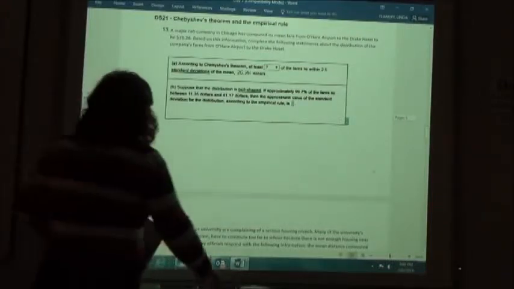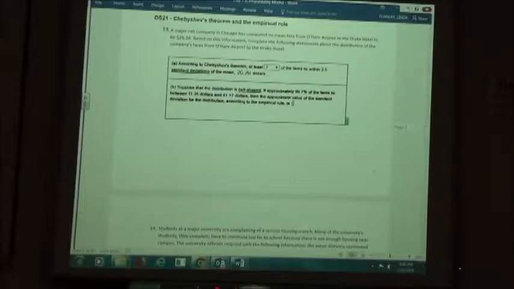Chebyshev, I can't say that right, but something like that. Chebyshev's theorem and the empirical rule. It says a major cab company in Chicago has computed its mean fare from O'Hare Airport to Drake Hotel to be $26.26. Based on this information, complete the following statements about the distribution of the company's fares from O'Hare Airport to